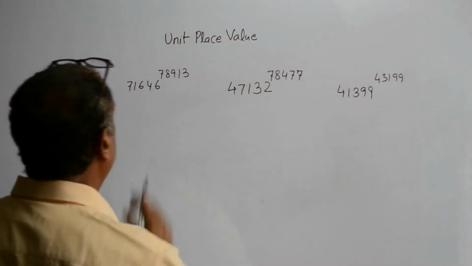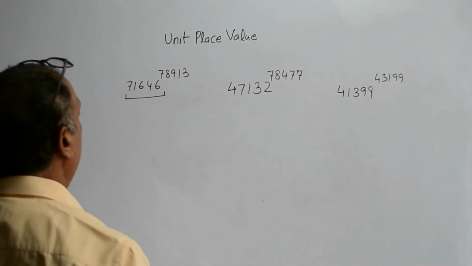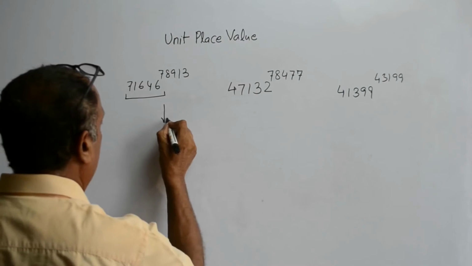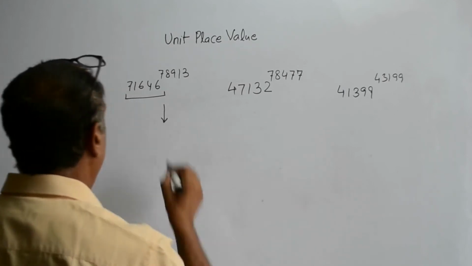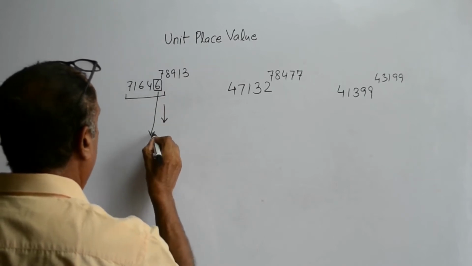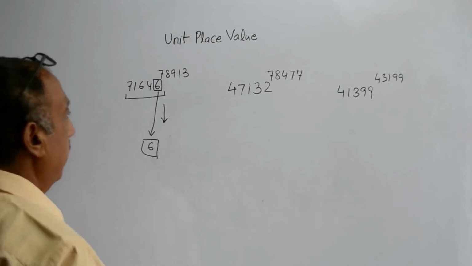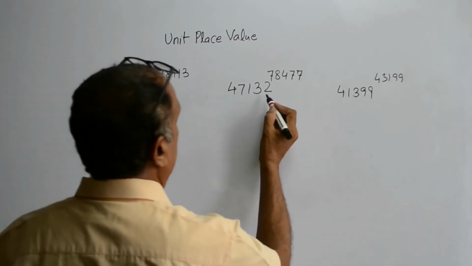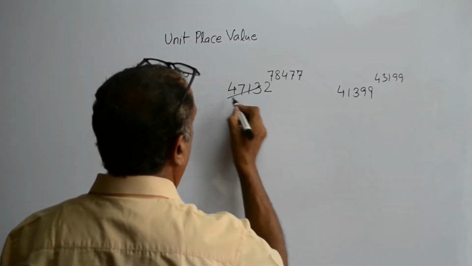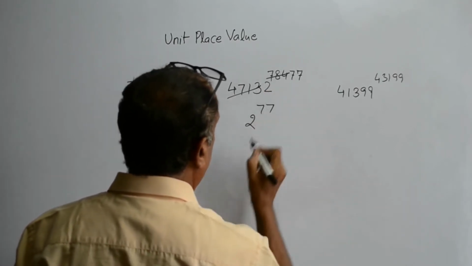We want to solve these problems. In this case, we need not do any calculation. The value of the digit at the unit place will be the last digit of this number. Means here 6 will be the last digit of this expression. When we want to solve this, we only need to find out the value of 2 raised to power 77.